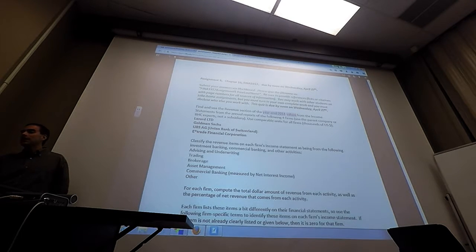It's probably easiest if you just get the 2014 annual report, because it'll be easiest to line it up. It'll be the main item there. Although if you choose to use the 2015 annual report, you can. It'll be a little bit harder because it won't be the last column. It'll be the second last column. But it'll still give the same numbers, as long as you take them for the right year.